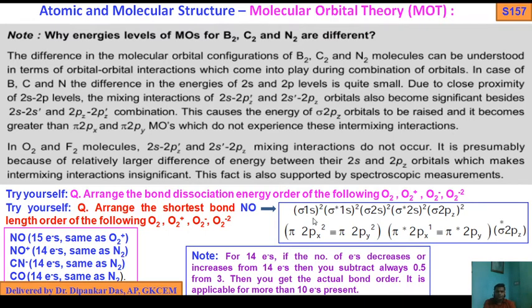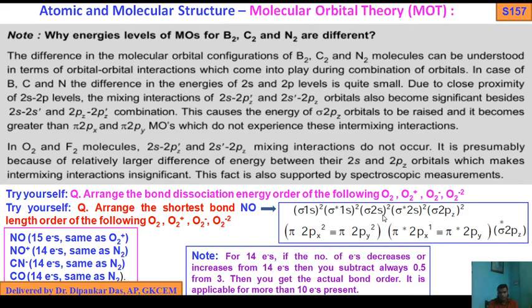Now in the case of NO, 8 plus 7 means 15 electrons. So it is greater than 14 electrons. You know, there are two types of MO electronic configuration: less than or equal to 14 electrons, like B2, C2, N2, where sp mixing is allowed, and greater than 14 electrons, where sp mixing is not allowed, like O2, F2, Ne2. So NO means oxygen 8, nitrogen 7, 8 plus 7, a 15 electron system, so it should follow oxygen.